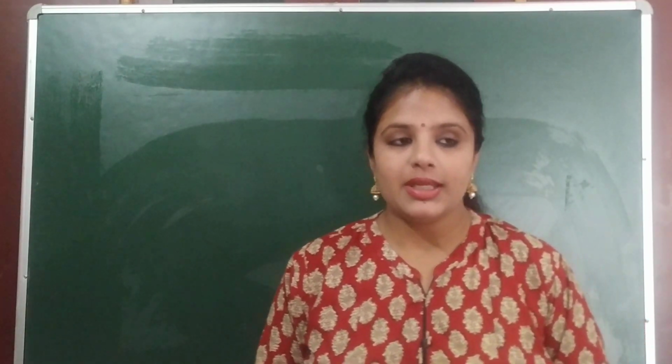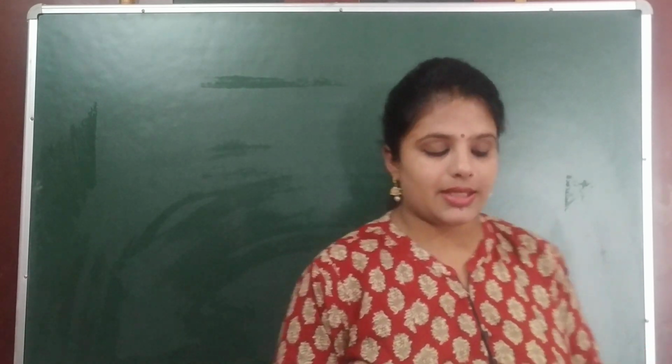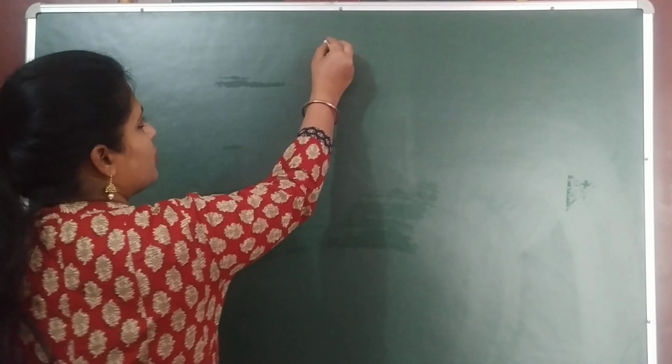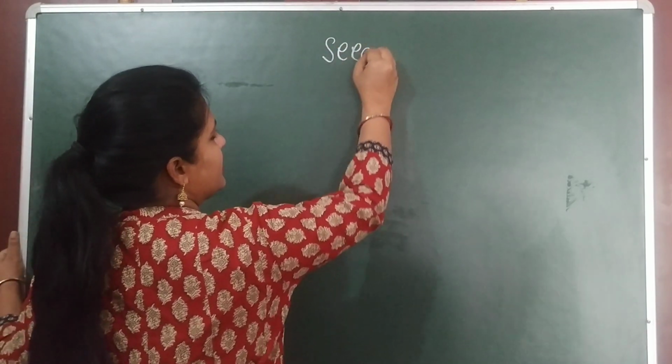Today we are going to start a new chapter in which we are going to discuss seed, structure of seed, germination of seed and how seed is formed. In the previous video we have already discussed that after fertilization the ovary converts into fruit and the ovule converts into seed. On that basis, how the seed is formed and how the structure develops, we have different kinds of seed. Let's understand through a diagram. Today's topic is first, seed.